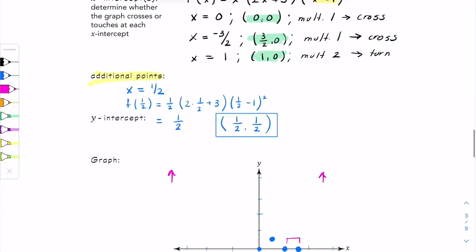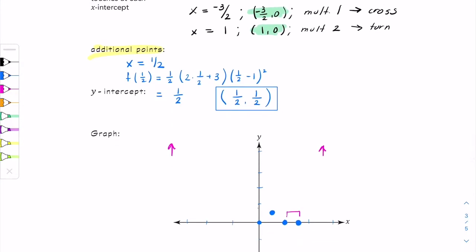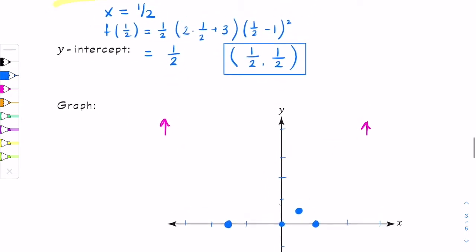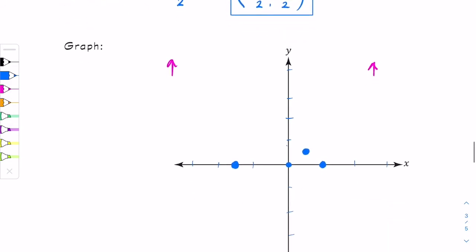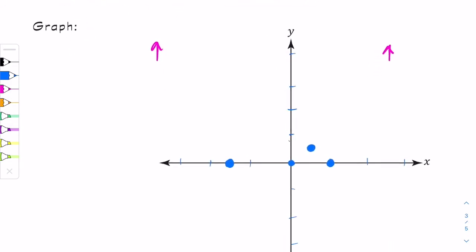I just realized something I did. I'm so sorry. I actually graphed this point incorrectly. It should be at -3/2. I did have it written up here, and I just graphed it wrong, so make sure you fix that. All right, so I just replotted that point at -3/2, and now I'm looking for a point between those two